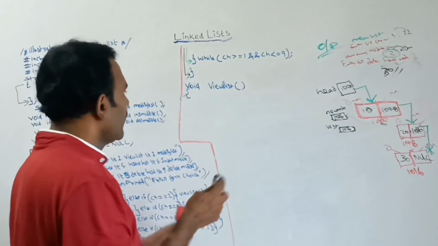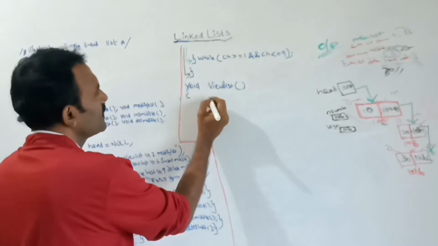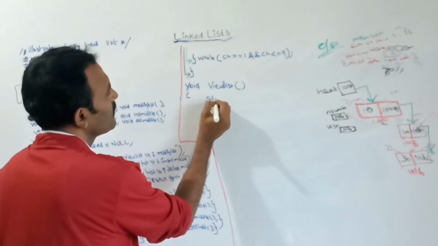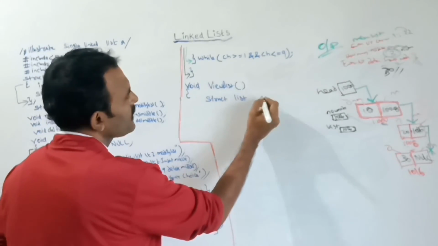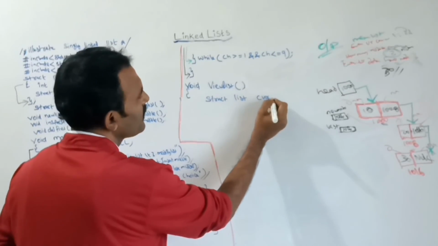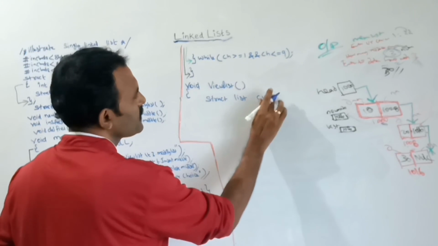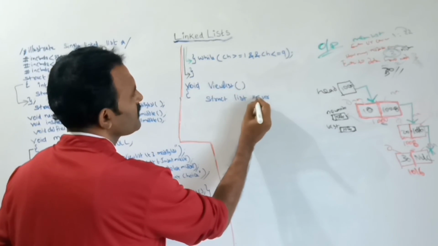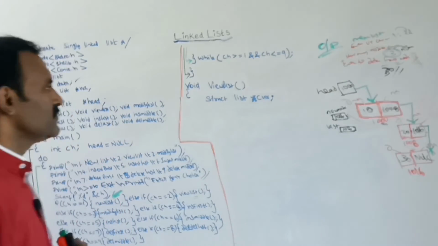Inside, I am creating a pointer variable here, that is a structure pointer variable. Here struct, next the structure name is list. After that, the pointer variable name, let us assume the current position. It is going to fetch the current position, so this pointer variable name is cur. For pointers we should mention the asterisk, star, and after that you should give the variable name.